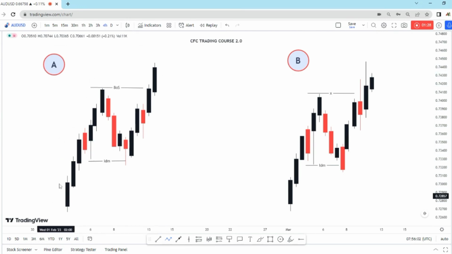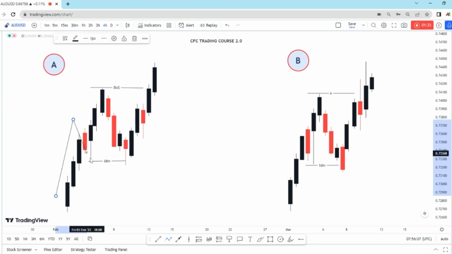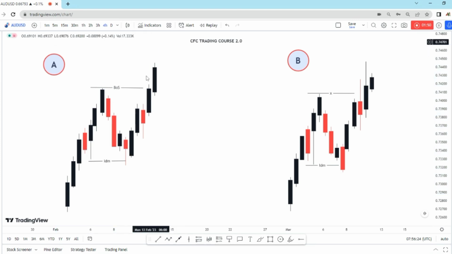Here in this case, price has moved to the upside, given us a minor correction, another impulsive move, and also a deeper correction, and a continuation to the upside. You can see price is actually moving to the upside. So looking at this, when price gives us a pullback,